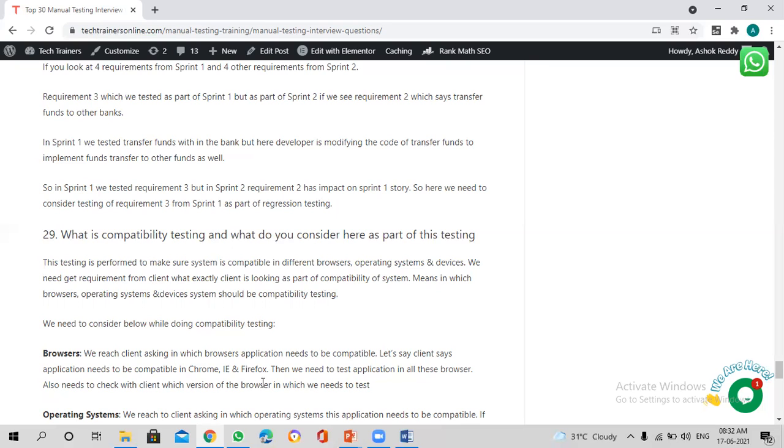So you need to document in the SRS that you need to test it in IE, Chrome, and Firefox browsers, but in IE, any version above version number 9. So you need to validate that. If the client says IE9 and above, you need to test this in IE9 and above versions.